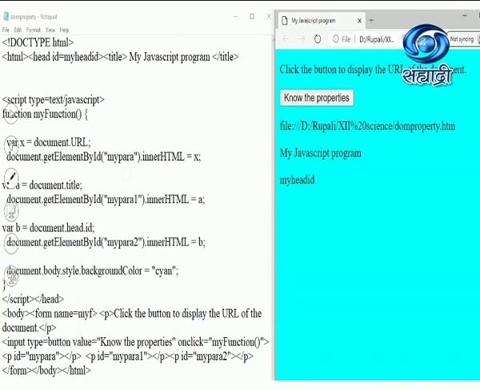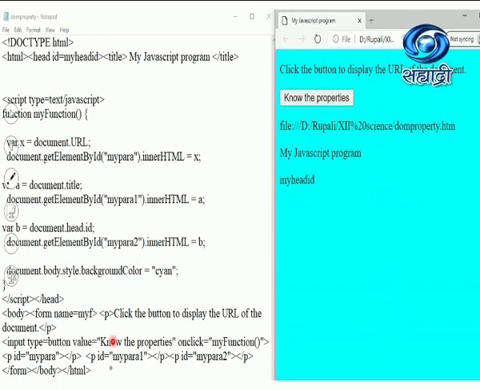So observe over here, I have specified my para in the body tag. So my para is going to be replaced by this x because I am accessing that inside the function. So students, observe that getElementById is accessing this myPara which I have written here, and that's why it is getting replaced on the web page.